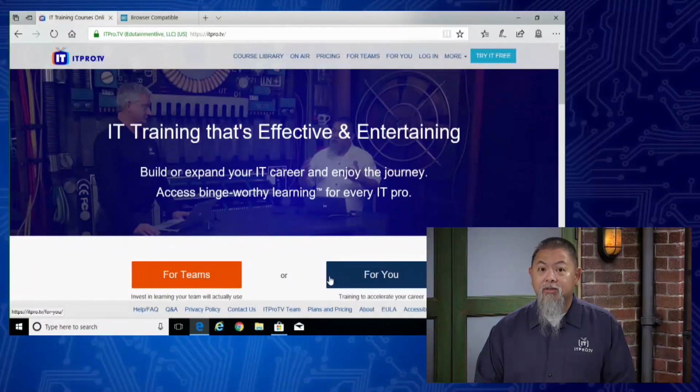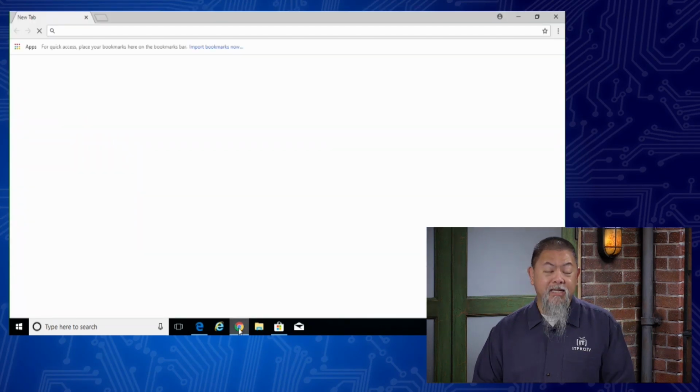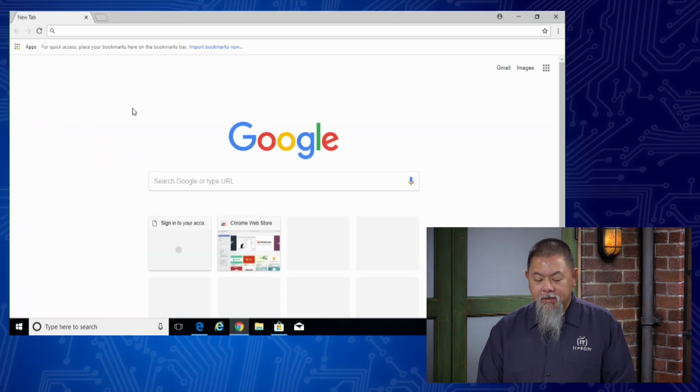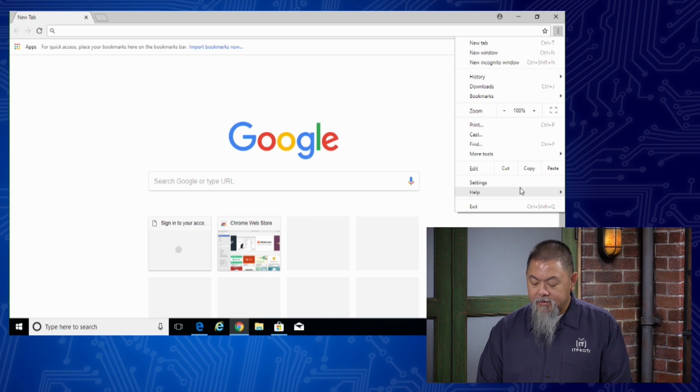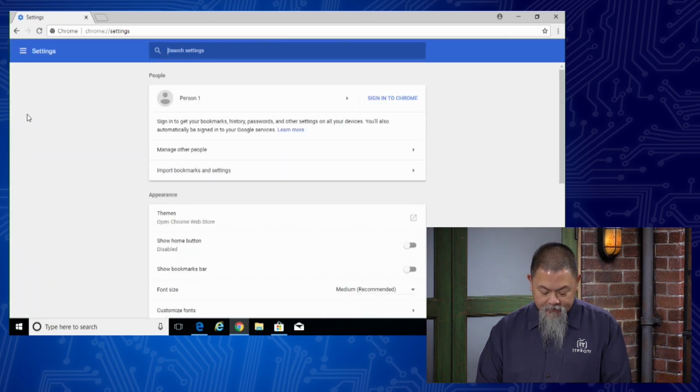And when we take a look at TunnelBear, this is where it's important that we remember the different browsers will have different add-ons or extensions that we can put in there. TunnelBear is only really available inside of Google Chrome for us. So I'll have to launch up the Chrome browser. So down on my taskbar, I went ahead and installed Google Chrome. And when I launch up Google Chrome, I'm going to select the settings button over on the upper right-hand corner, and then go down to settings.